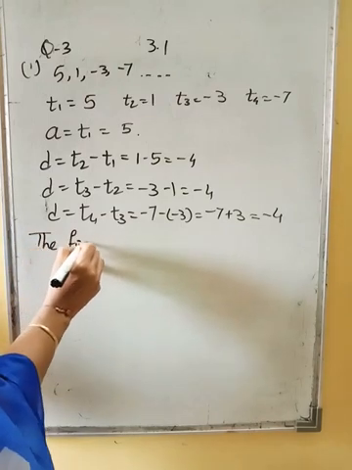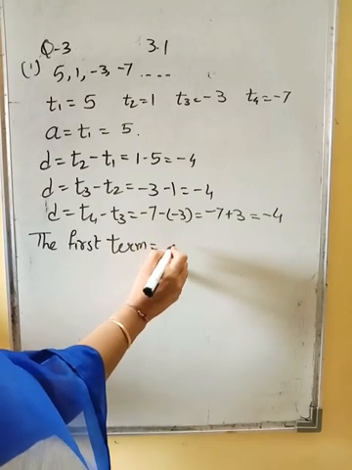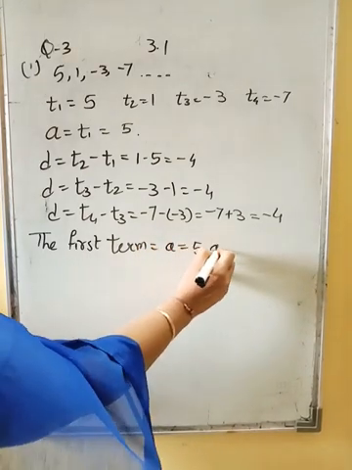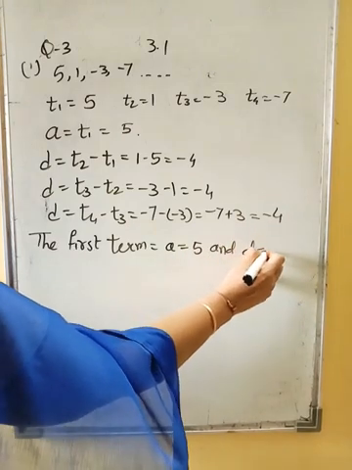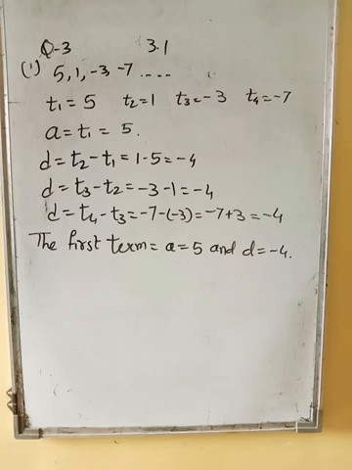So the first term is A equal to 5 and common difference D is equal to minus 4. So the method is the same as finding whether it is AP or not. उसके जैसा ही method जा रहा है इसमें. Okay, so don't get confused. अगर 2 से भी होता है काम, but as they have given 4 terms, we are writing for all the 4 terms. Now let us go to the second question.